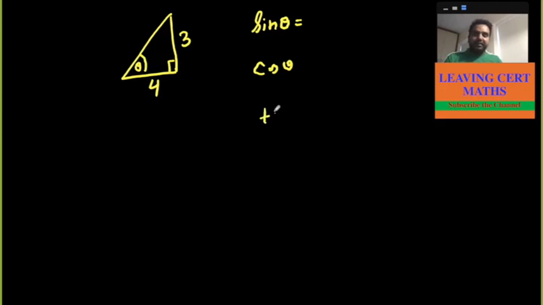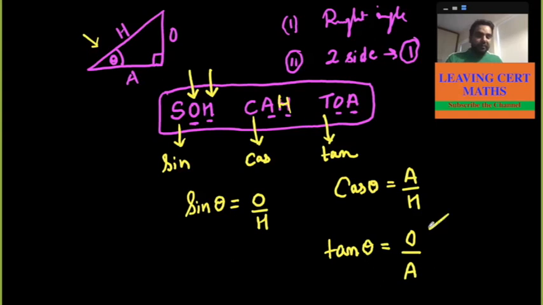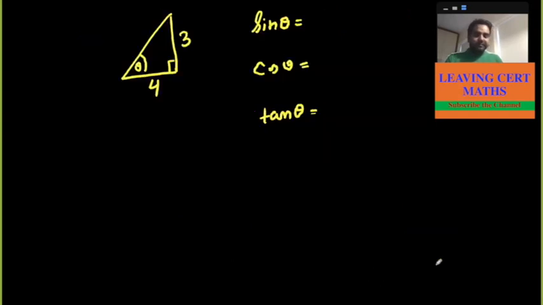And they have asked you like this. But the thing is that right now with this information I can only find tan theta, because tan theta means opposite and adjacent, right? So opposite and adjacent are given, but for sine and cos we need the hypotenuse, right? So I will take help of